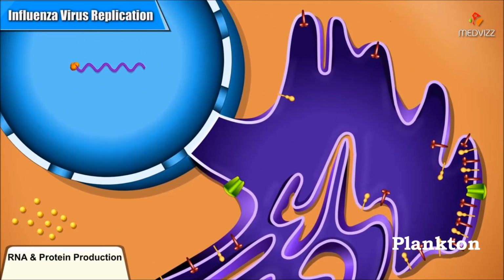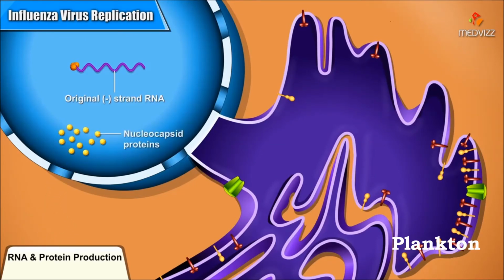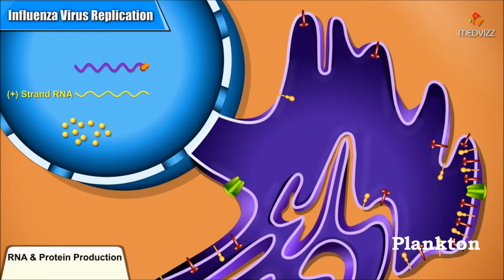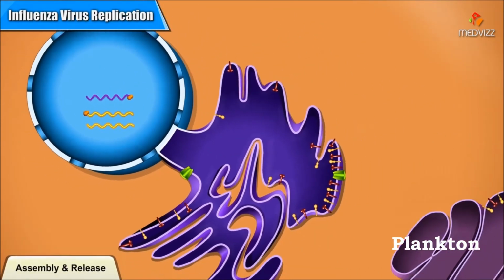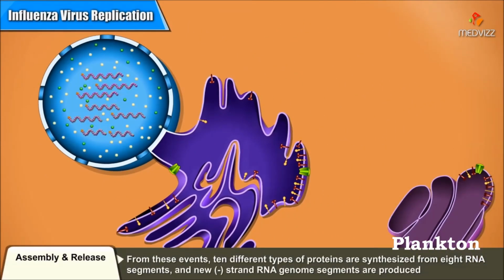Back in the nucleus, the newly made nucleocapsid proteins prime and stabilize viral RNAs as they're being synthesized into full-length plus strands, this time lacking a cap and a poly-A tail. Newly made RNA polymerase proteins enter the nucleus and participate in the production of additional full-length minus strands that will serve as the RNA genome segments of new viruses. From these events, 10 different types of proteins are synthesized from 8 RNA segments, and new minus-strand RNA genome segments